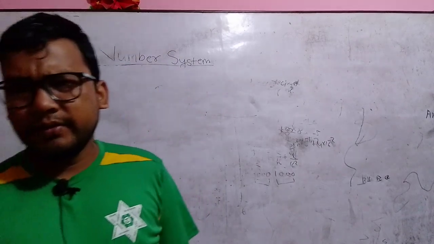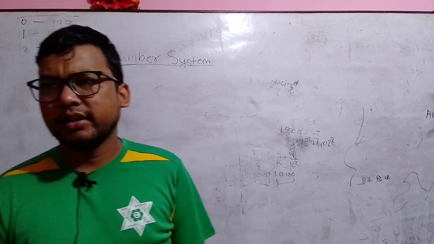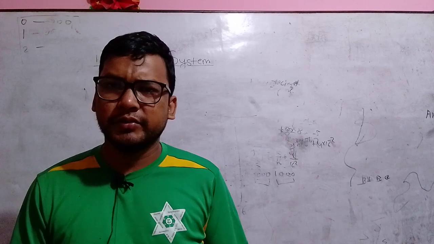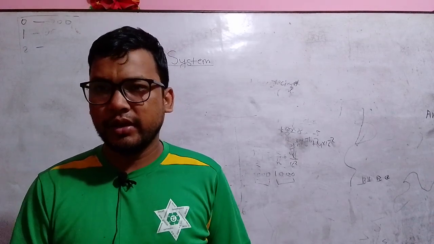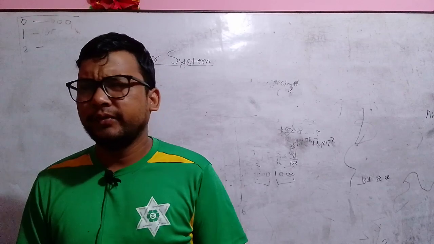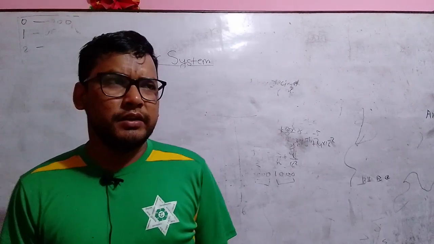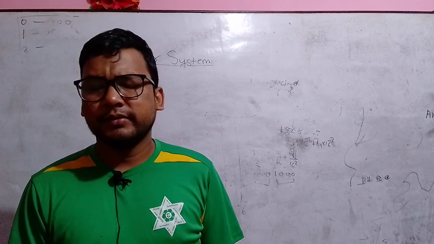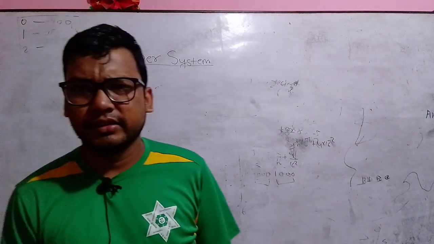Obviously we are familiar with decimal counting and decimal additions. For example, we can count 0, 1, 2, 3. Which number comes after 9? Obviously we know 10. Which number comes after 20? Obviously we know 21 and so on. This is the decimal counting, the commonly used number system. And also we know 20 plus 20 is equal to 40, 15 plus 15 is equal to 30. This is the decimal addition.